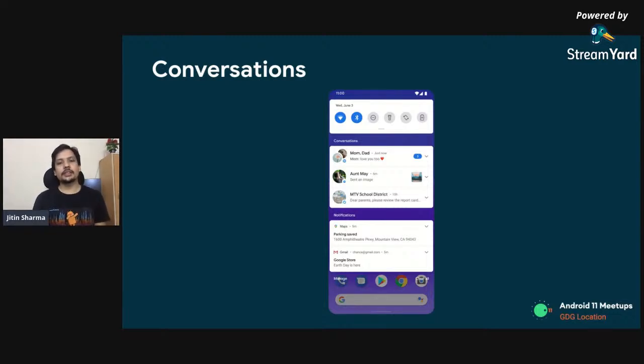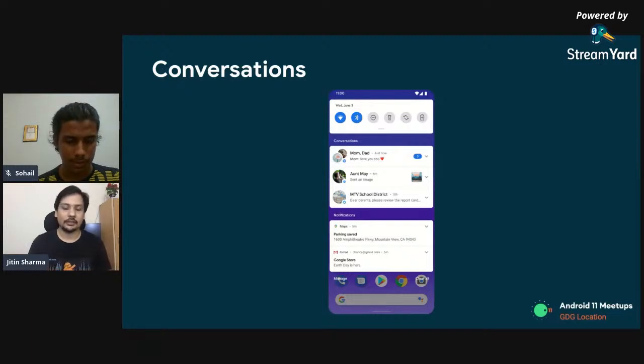Conversations. Conversations is something which has also changed a lot in Android 11. If I look at my phone or any other phone, we use our phones a lot to converse with other people, whether it's through WhatsApp, Twitter, Slack, or something like that. We want to be alerted when someone is trying to contact us, and these have become an important part of our lives. Right now, conversation notifications are lost in the sea of notifications on your phone because there might be a lot of apps trying to get your attention. So the first thing Android 11 does is that conversations have a separate space in the notification panel,